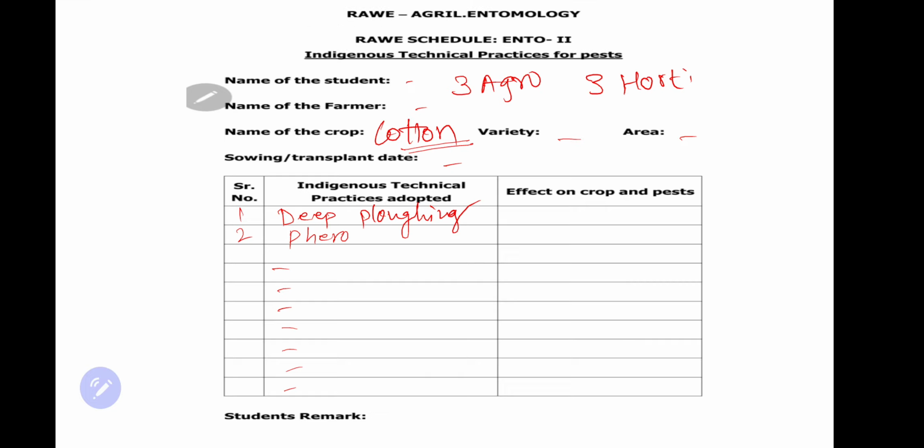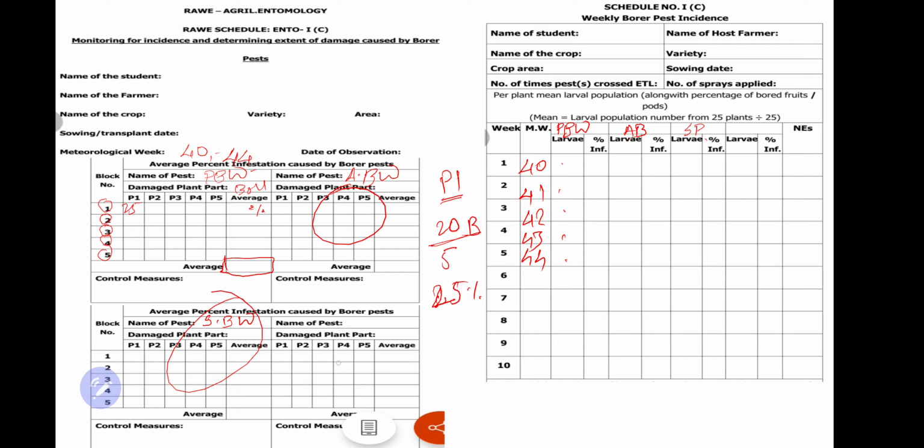Remember, if you keep anything blank, it will be questioned by the evaluator. So I recommend you fill the entire data. Or else, if you are keeping it blank, it's okay: if your plant has only the pest pink bollworm and the rest will be blank, you can write here pest not found.